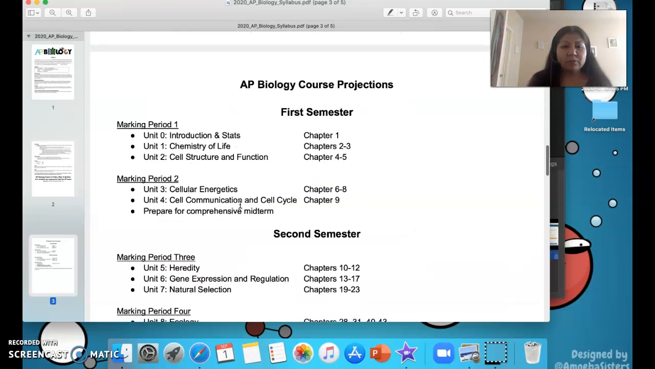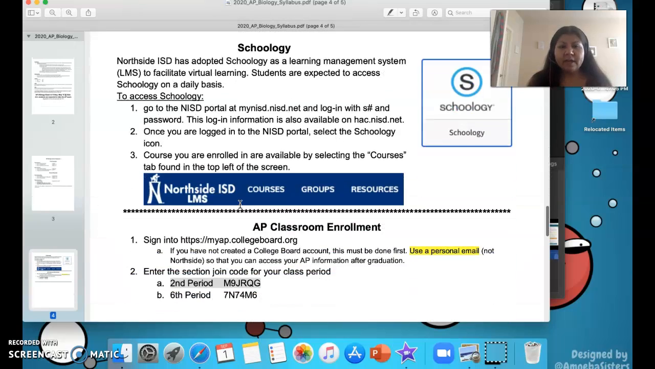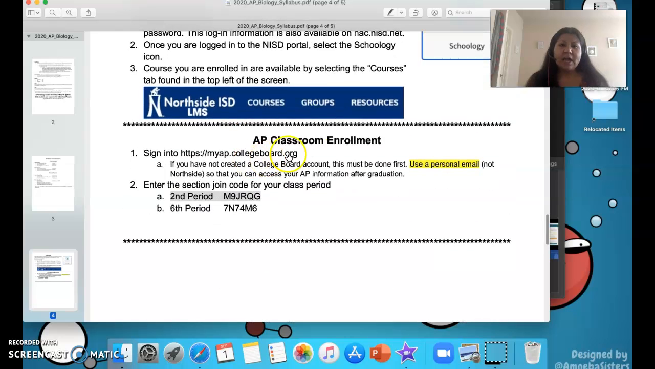If I scroll on down, I have my Schoology information, and then I have my AP Classroom enrollment. I'm going to follow this particular link right here. When I open that up, I'm going to need this classroom code for sixth period, or for second period if you're looking at the second period video. I need to use a personal email, not the Norset email, because that will be blocked. So if I go ahead and visit that website,